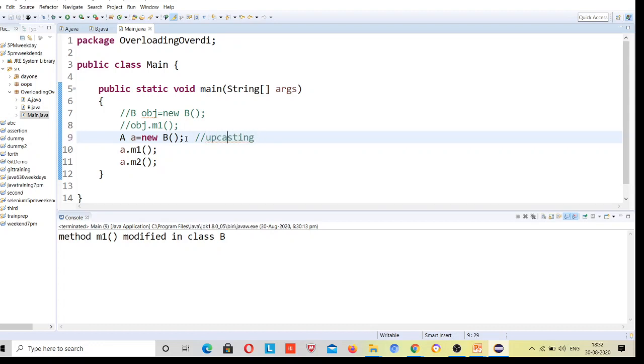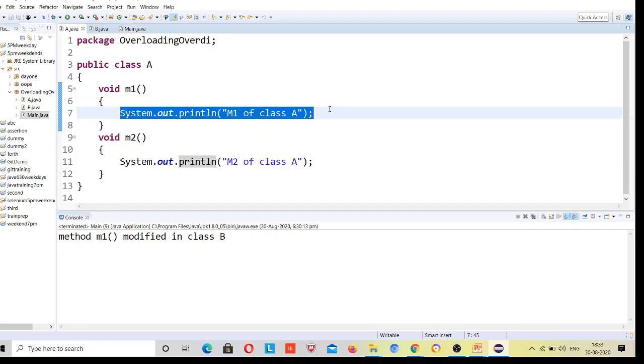What it means: it will find this M1 method, it will go to the parent class first, just because we have passed the reference for the parent class. Class A is the parent, and whatever classes extend it will be the child. This is the thumb rule of Java. So this will go to class A because we have passed the reference for class A, and we have passed the object for class B, so it will go to class A first and try to find the method M1.